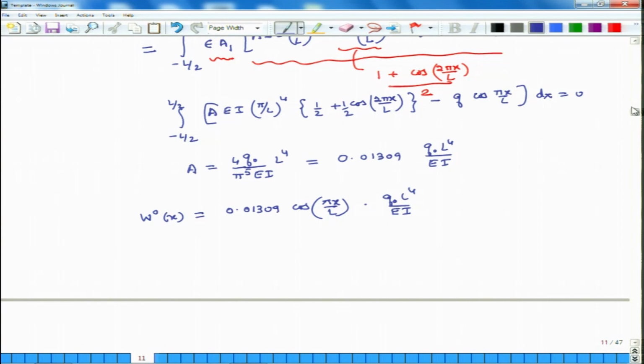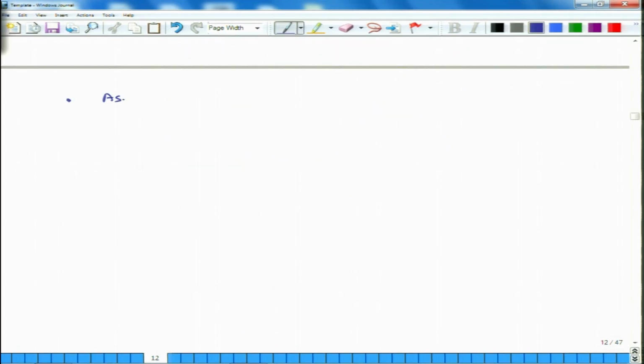So, this is how this approach works, and before we close this for today, a couple of points. One thing we are seeing is that as the number of terms goes up, the solution becomes better. Okay. Second is that when we say that virtual work is equal to 0,